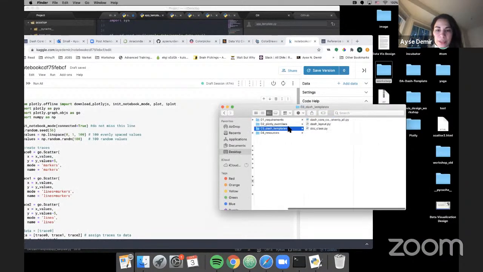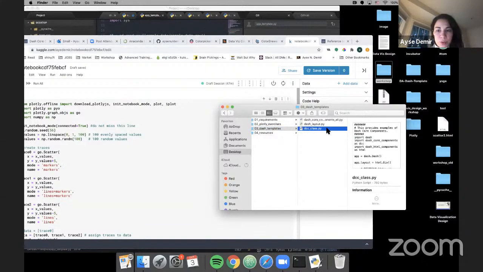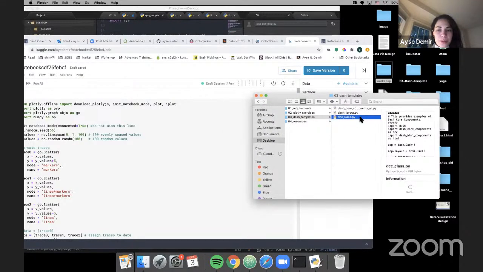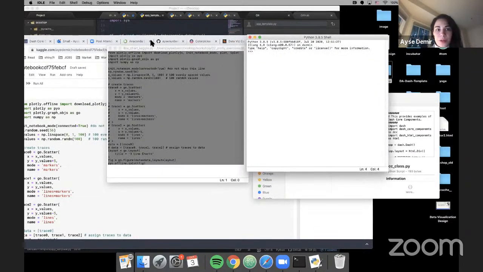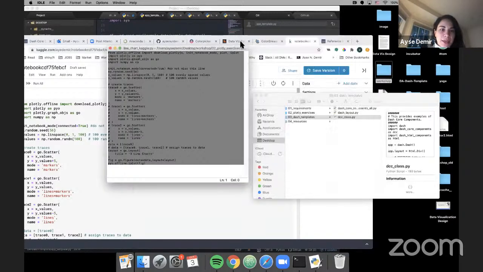For Dash, you can also see templates, and I can help you set up that Python local environment later on. I can help you troubleshoot if you want to build that, and if you have a problem, you can reach out to me. We can block some time, maybe next week or so. I'm not sure when that will be, but I can help you set up and get started with a Dash app in your local environment. But for today, what I can say,